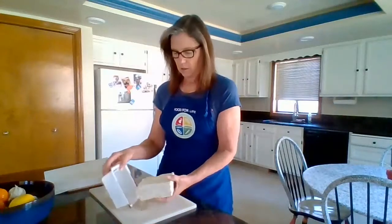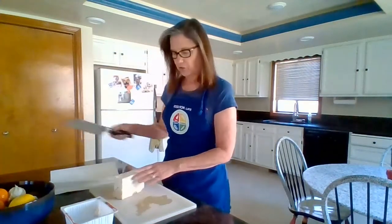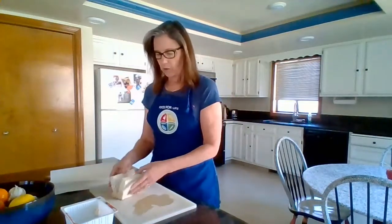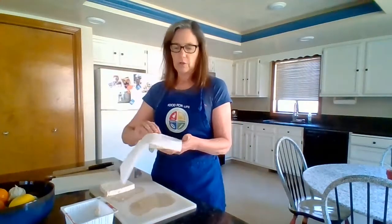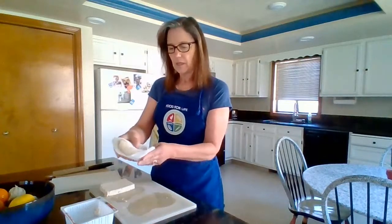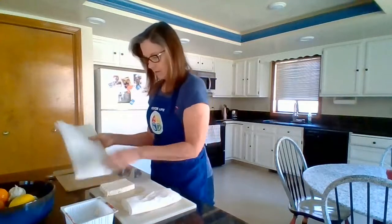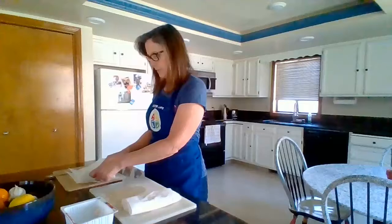So I am going to, first of all, I haven't worked with tofu before, so it comes in a block, and I'm going to cut this block in half so I actually have 2 thinner sections which I will be pressing. So I'm going to take each section, and I have 2 paper towels. I'm going to wrap it up in the paper towel, put it on my cutting board. Same thing for the other section. Wrap the paper towel around it,